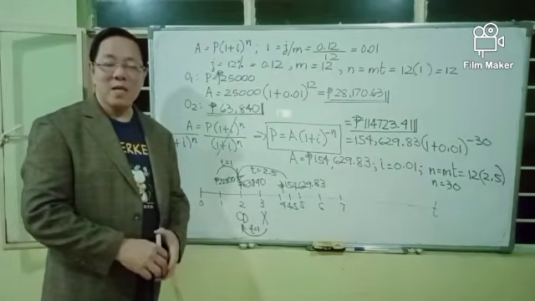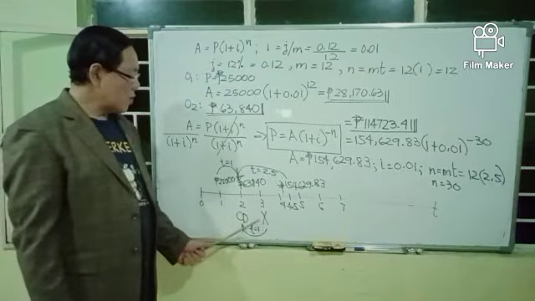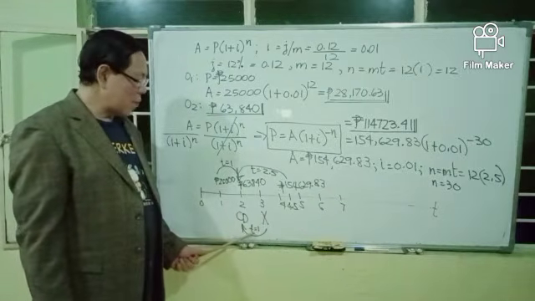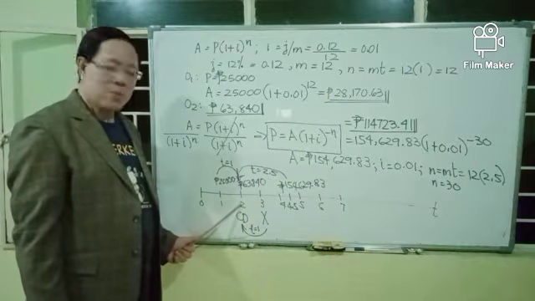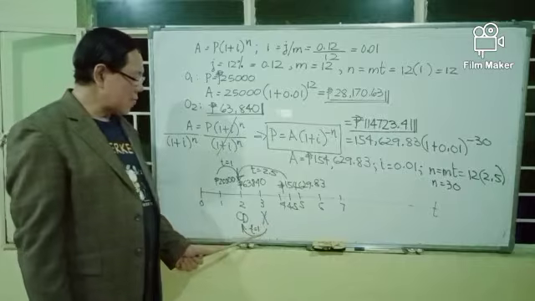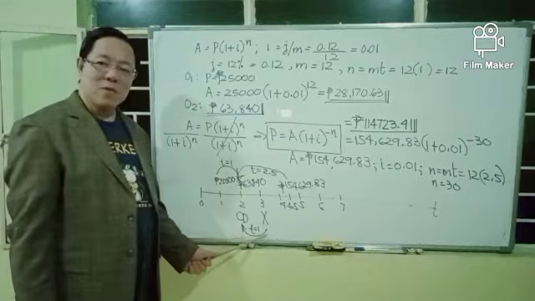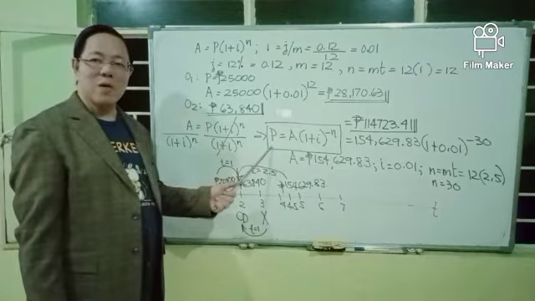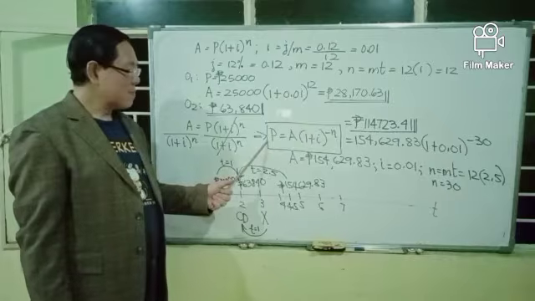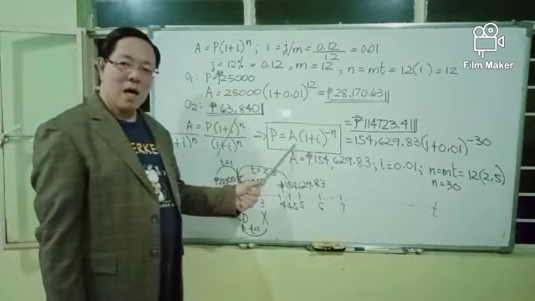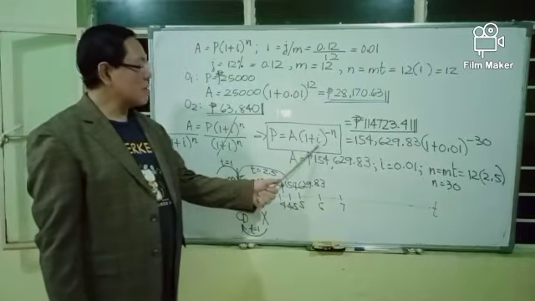So to find the value of the single payment at the comparison date of 2 years, we will discount the single payment for 1 year. 1 year is 3 minus 2. Or we will find the present value of X at the comparison date by discounting X for 1 year using this formula. To find the present value of X, we use this formula. And we take A as X. And I is the same,